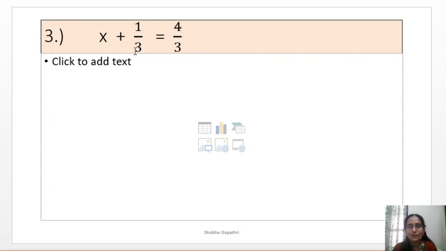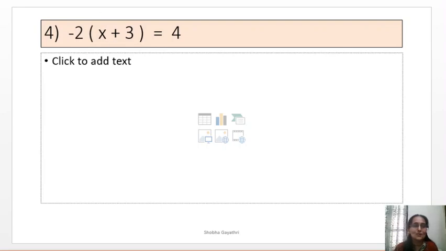This is another type of equation. A fraction is added to the variable x. It's a very easy sum. You have to transpose 1 by 3 to the right side, then you will get the variable x on the left side. Transpose, it is addition here, the reverse operation is subtraction. It is 1 by 3. Since the denominators are the same, you can get the value very easily. Say it is 3 by 3, and 1. x equals 1 is the solution of your equation.